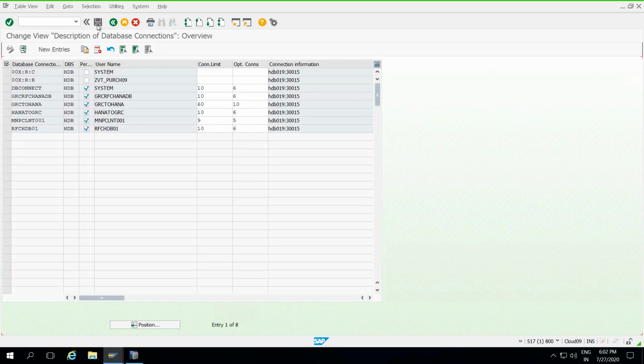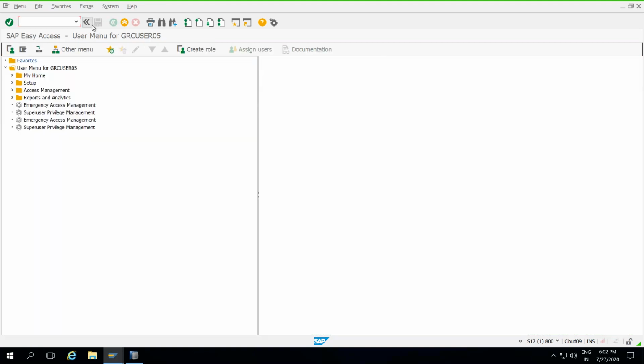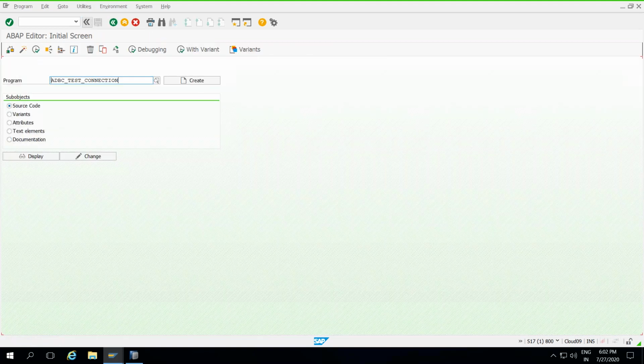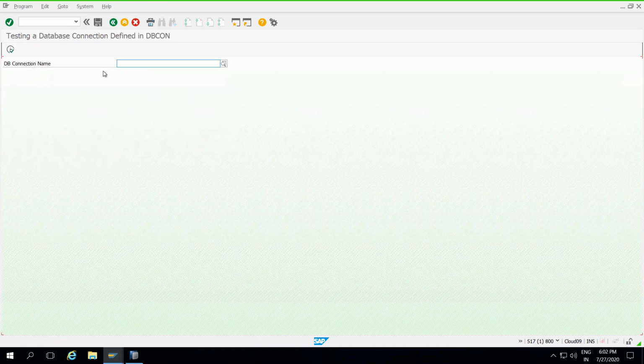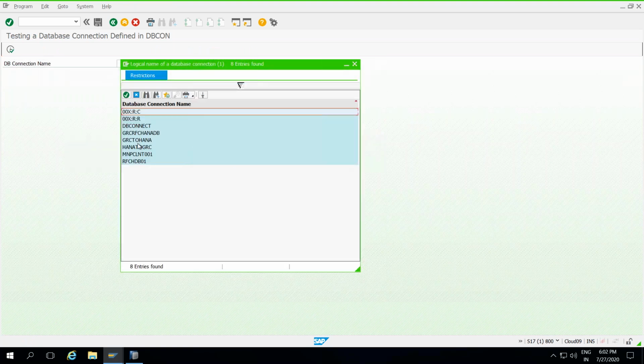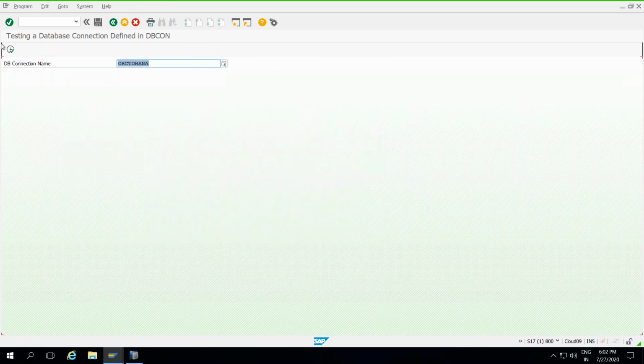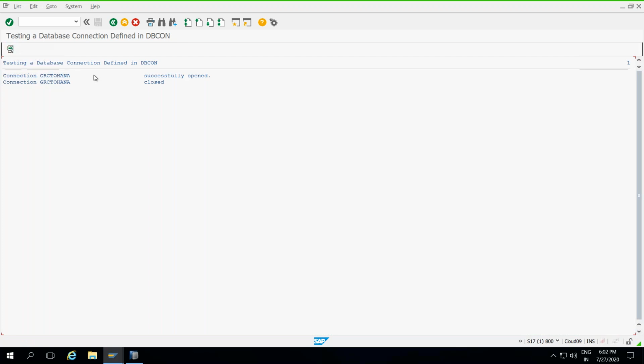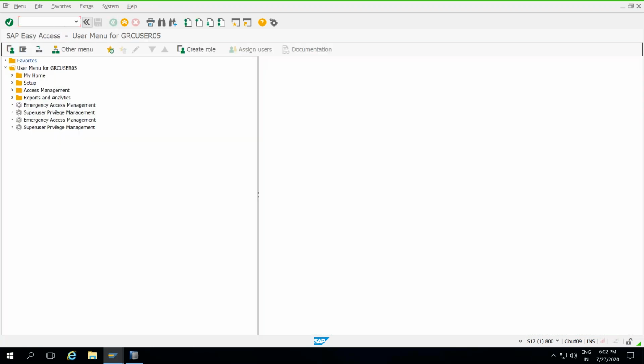After that, what is the next step here? The next step will be to go to SE38, so I have to cross-check. You can see, yes, now it is done successfully. See what happened? The connection is up. This is not the only confirmation; you can check one more detail. So go for the next confirmation.